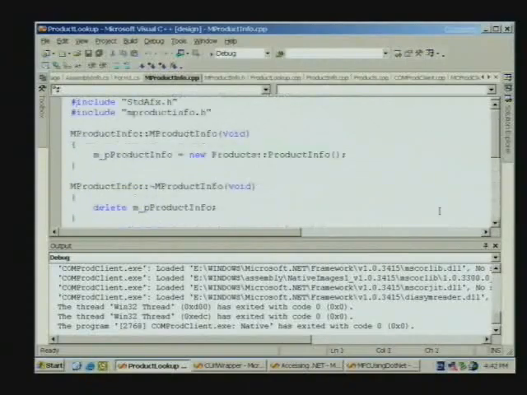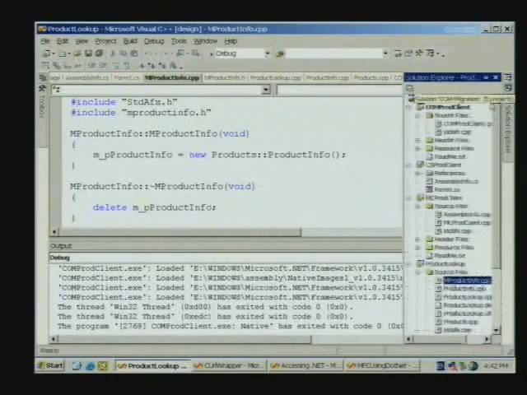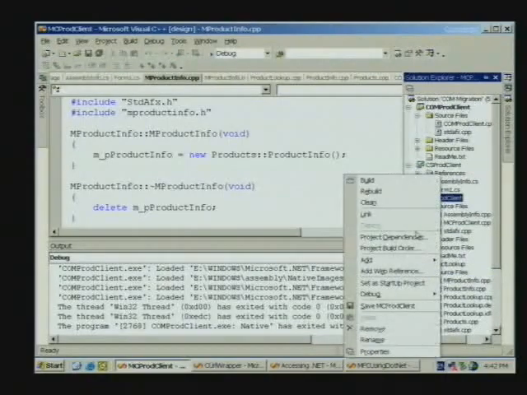So once I added that, and those files I compiled with the CLR compiler switch, the other files I can either compile with that switch or keep as native code, and the interop will be done automatically by the compiler and the linker. Once I do that, I can directly call this from managed code. And if I now switch to my managed extensions product client,